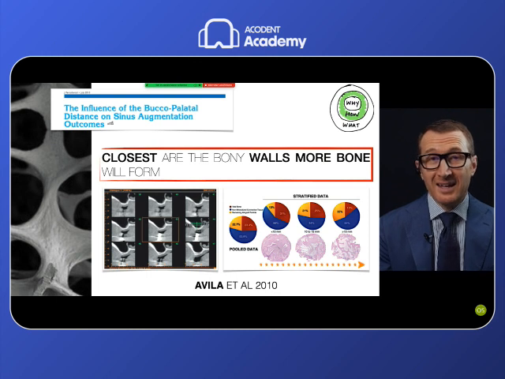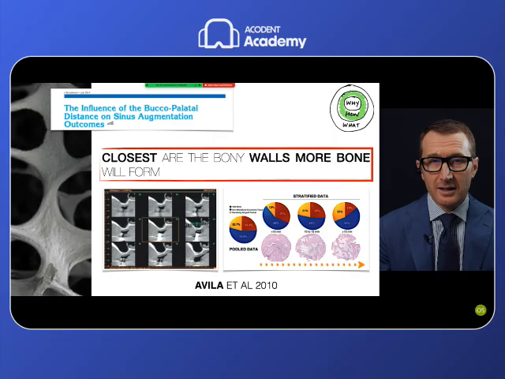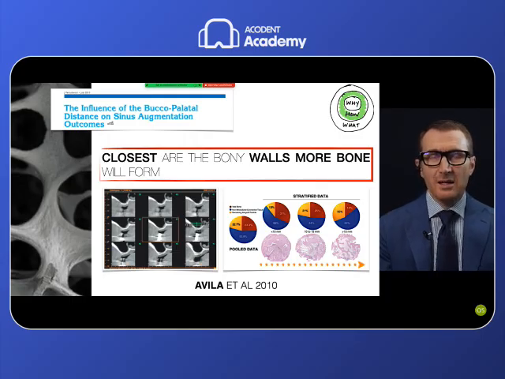But in the sinus, what is going to happen is exactly the same, meaning that from the walls of the defect, the bone regeneration will start. And the two main sources in the sinus are the medial and vestibular walls. And if you are increasing or reducing the distance of these walls, and it's obvious that is an anatomical condition, then you are going to see an effect on the final results in terms of bone